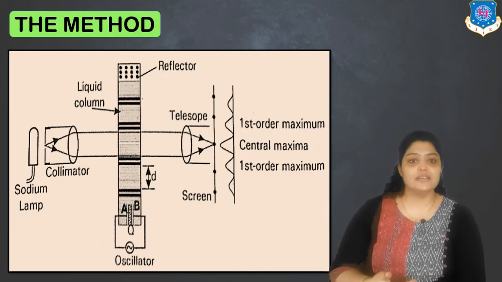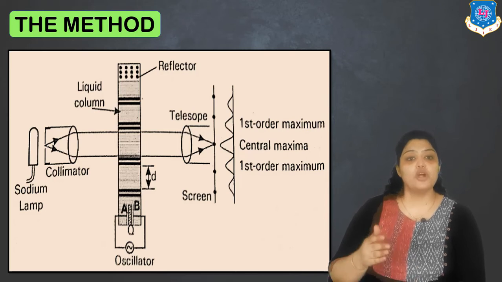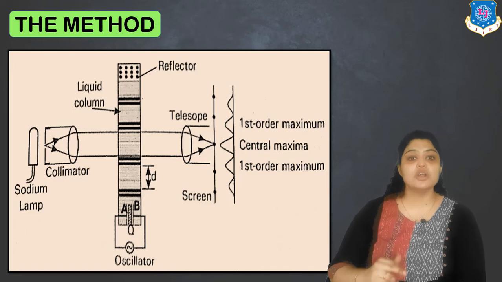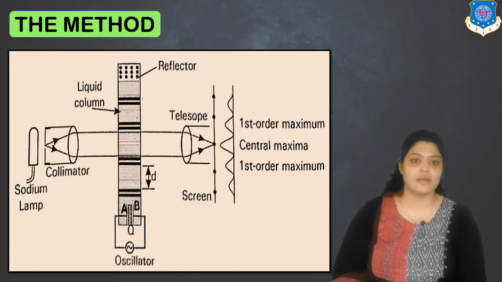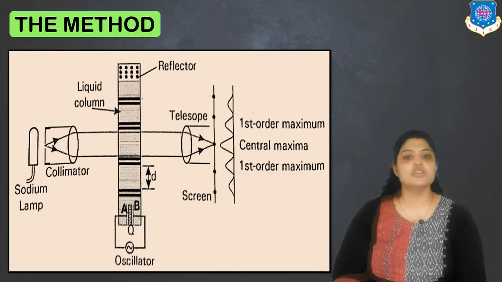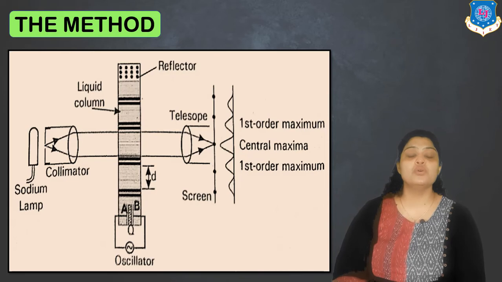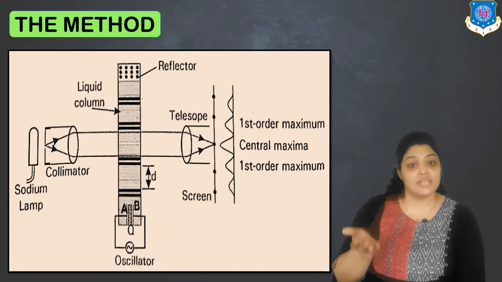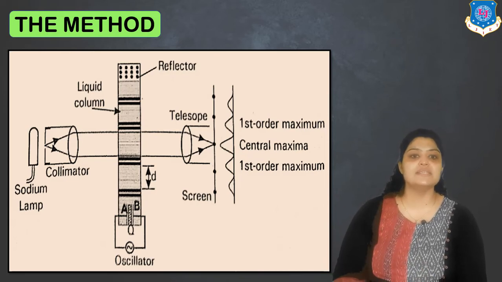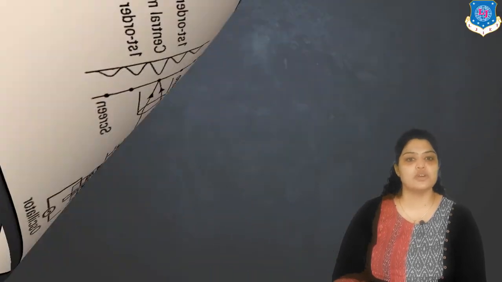And light getting diffracted means if we plot it on a screen, we can see a central maximum, the first order maxima and minima, second order maxima and minima, as you can see in the diagram. And according to the first order, second order, third order maxima and minima, we can come to know the grating distance. This grating distance will actually give us the wavelength of the ultrasonic source.